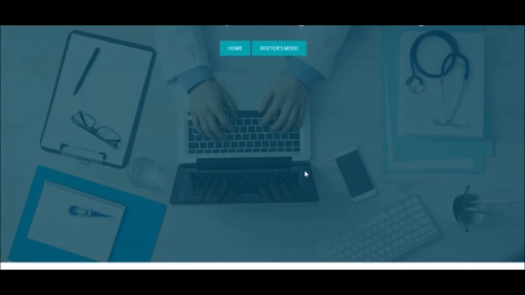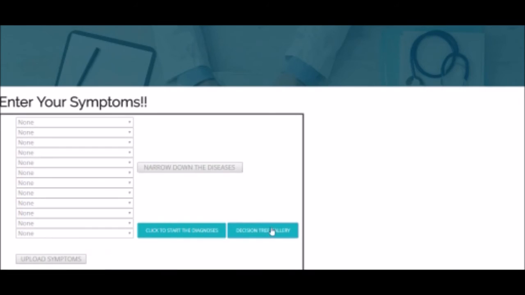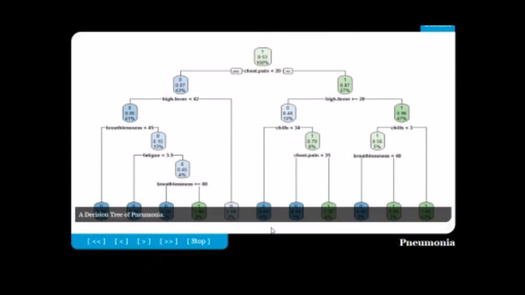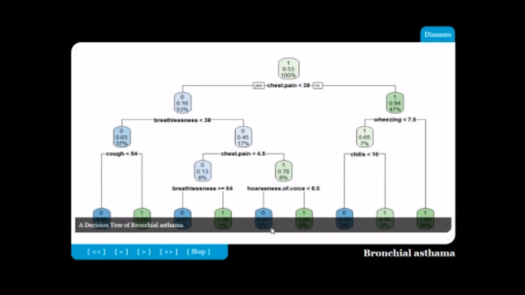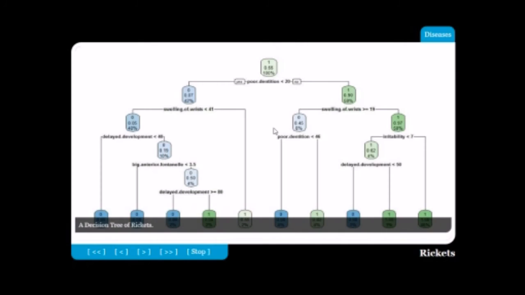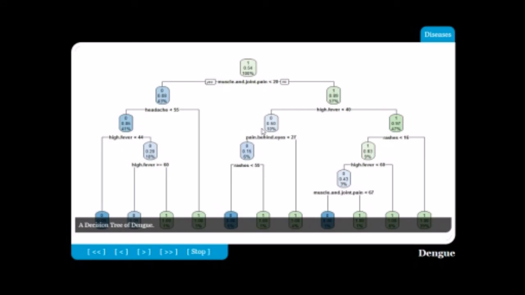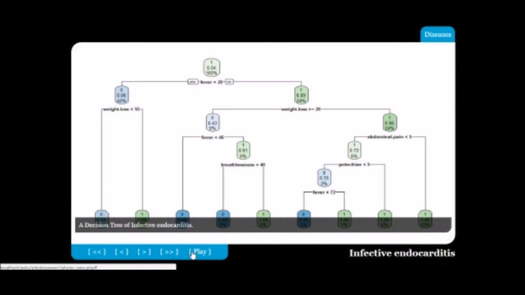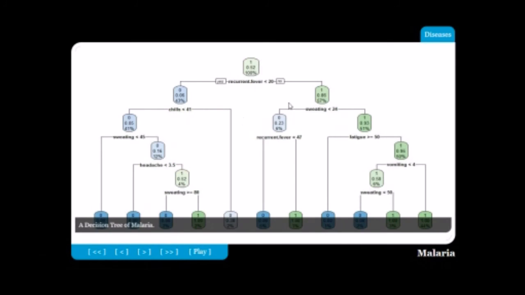So this was the decision tree which we had left. The decision tree basically shows how the structure of the disease will appear inside a doctor's head, and this similar approach has been taken up in this machine. For example, this is a disease, let's say malaria. Each and every node represents a symptom, and each and every symptom has some intensity.